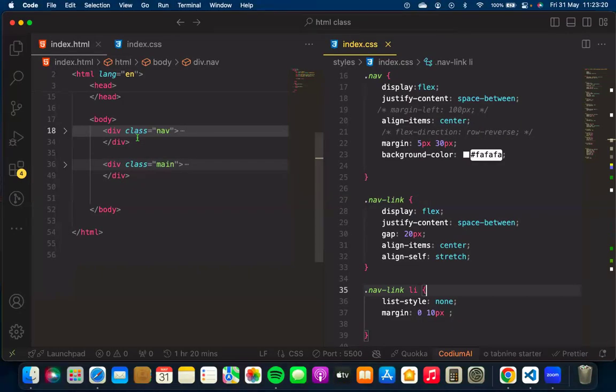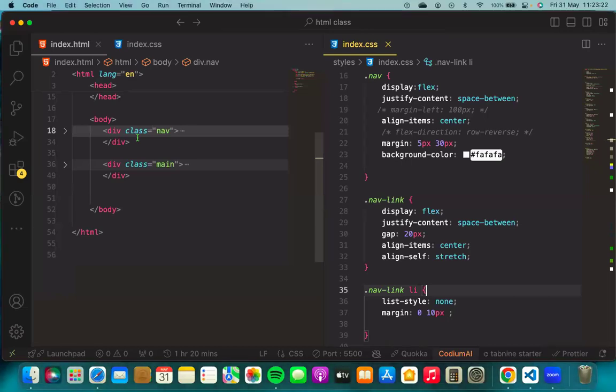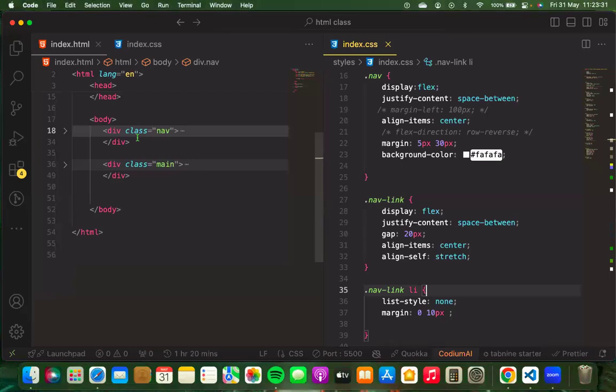So let's go into grid. That's all about Flexbox. We are going into grid at this point. So what's a grid? CSS grid is a set of CSS properties used